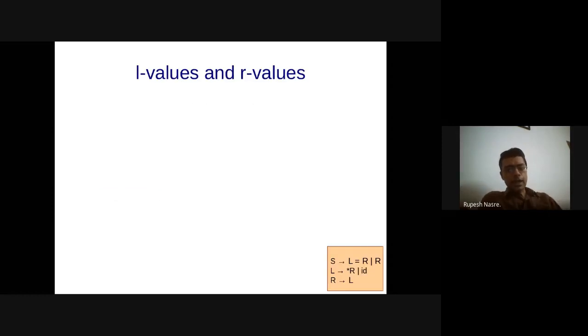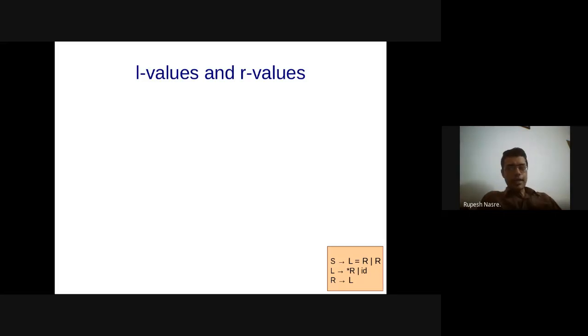Let's take another grammar. In this case, the grammar is with respect to L values and R values. L values are typically the ones which appear on the left hand side of an assignment statement. R values are essentially values which we talk about. L values also signify R values. So our starting symbol is S, which is about